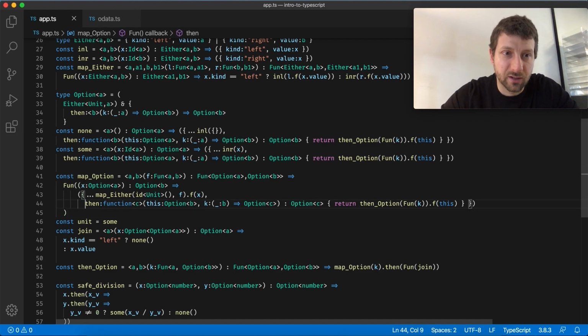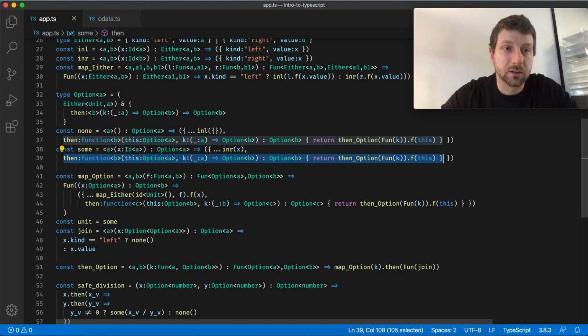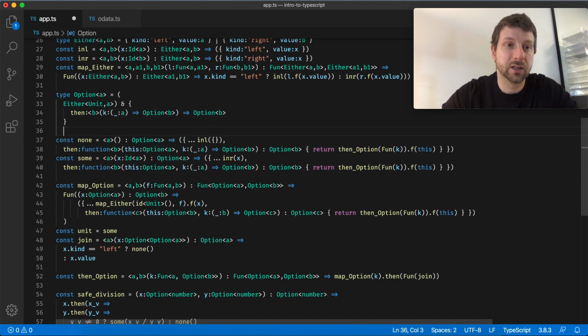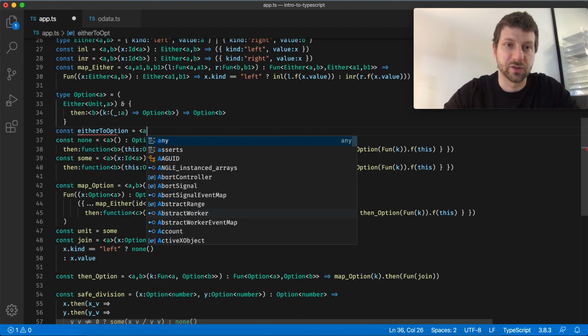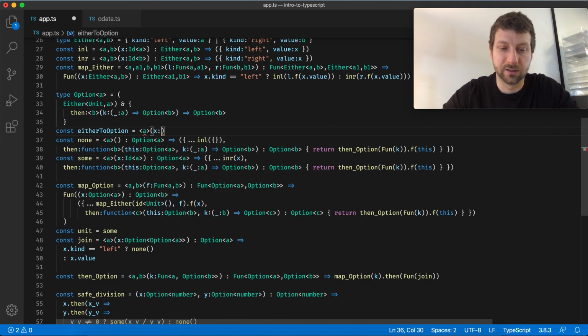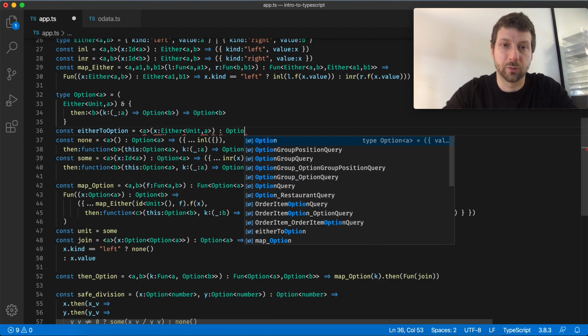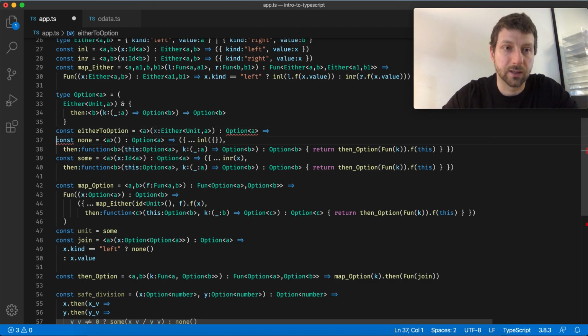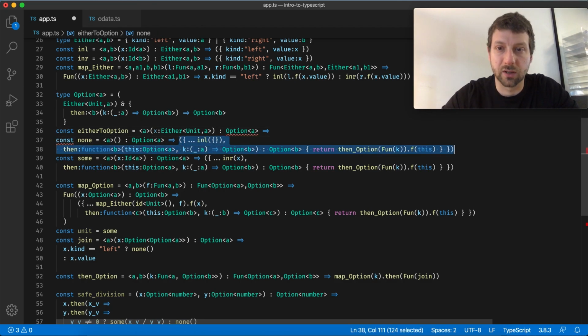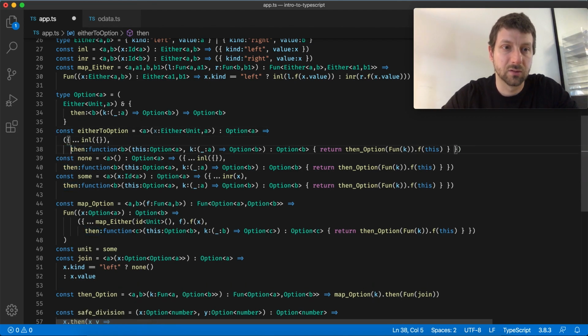As a last touch, let's try to see if we can embed this then around an either unit of A. So let's say either to option is a generic function in A that takes as input the either, which is an either unit A, and it is supposed to return an option of A. And I'm going to try the easy route because we know that this works already, but instead of calling inl, we simply put x here, and now I should be able to simply say that I have this inl and I want to convert it to